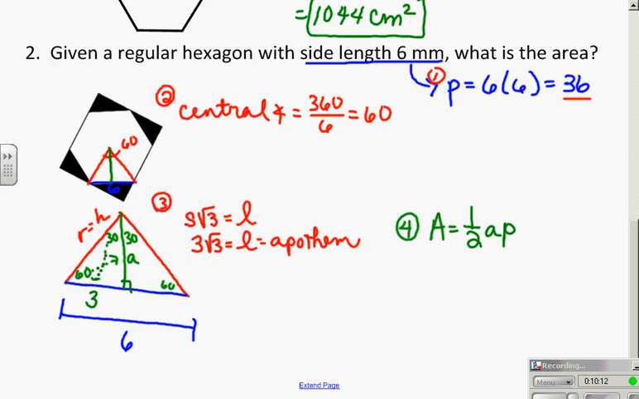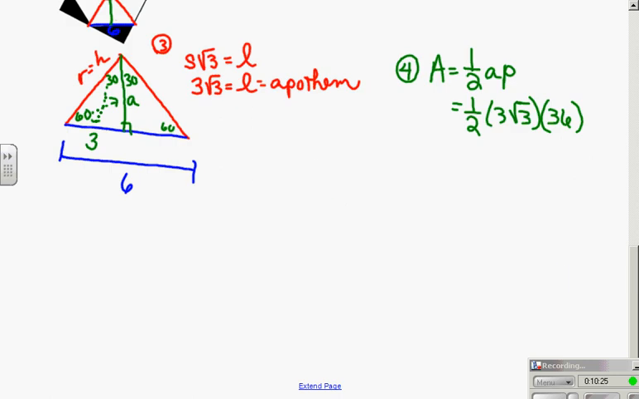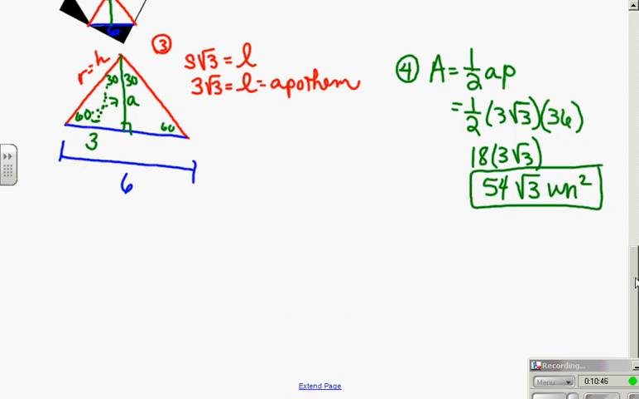So I have my apothem, I have my perimeter, and so my next step is to calculate the area. And the area is 1/2 the apothem times the perimeter. So it's 1/2 of 3 radical 3, times 36. Now, still no need for your calculator. These are 3 numbers being multiplied, so I can multiply them in any order. So I'm going to take half of 36, which is 18, times 3 square roots of 3. Multiply your coefficients. I have 54